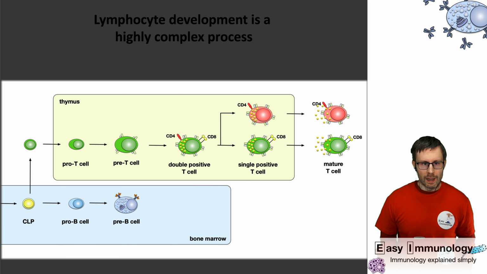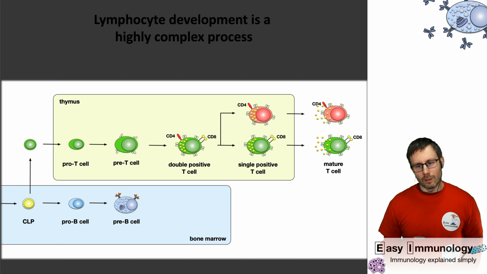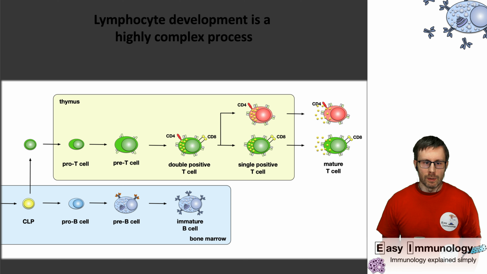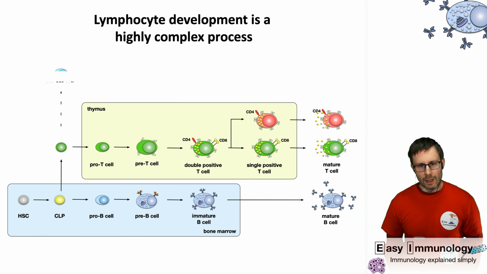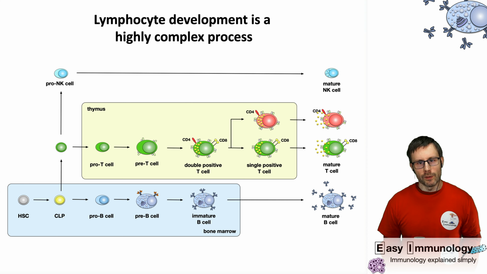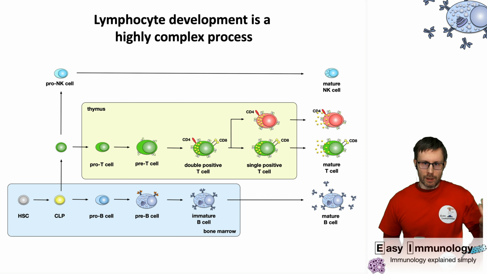So we have a pro-B cell that first puts together the heavy chain of the antibody. It's basically from the same progenitor as the T cell receptor, but developed in a different direction. Then we do it for the other half of the B cell receptor, and then the mature B cell is allowed to leave the bone marrow. And just for completeness' sake, we also have a pro-NK cell that develops into a mature NK cell, but this happens neither in the thymus nor in the bone marrow, but in the periphery, meaning the rest